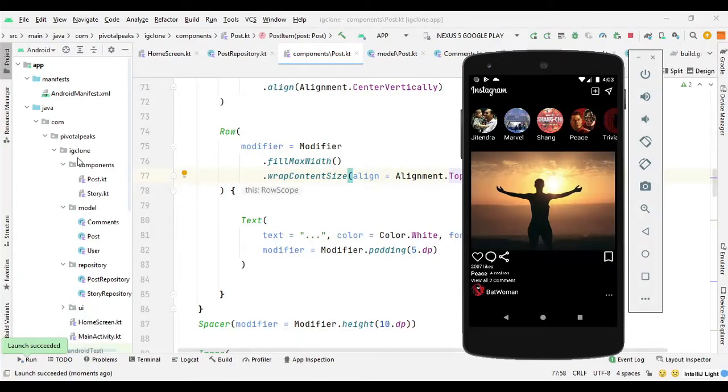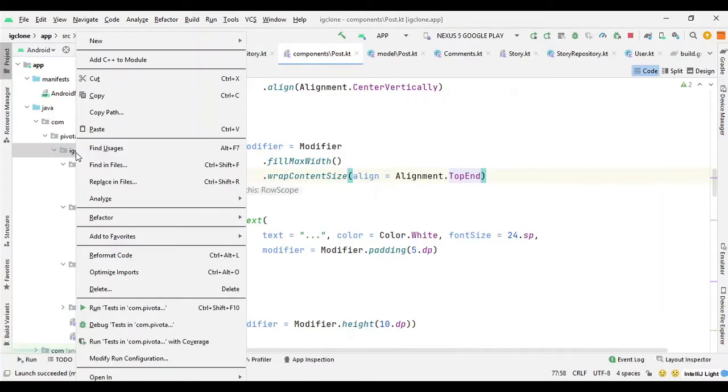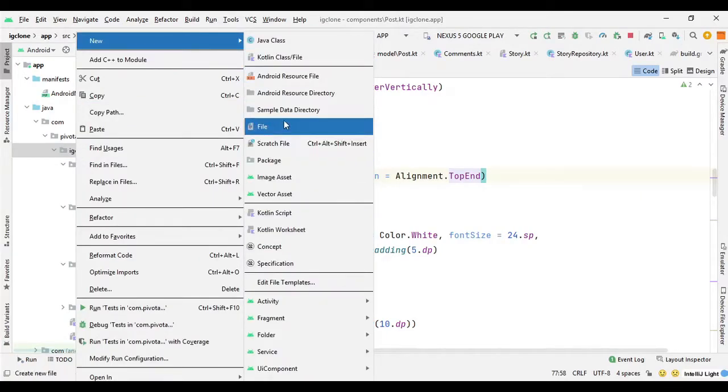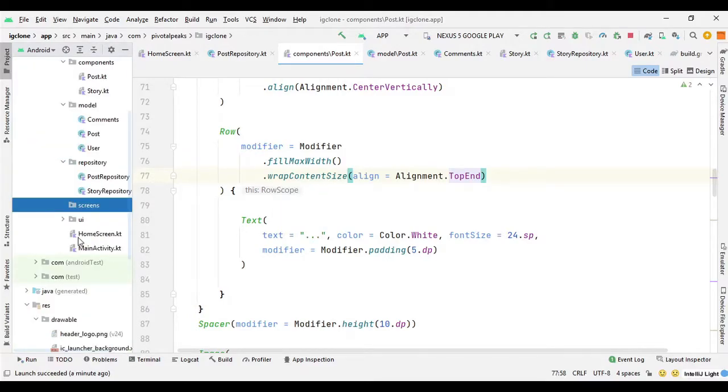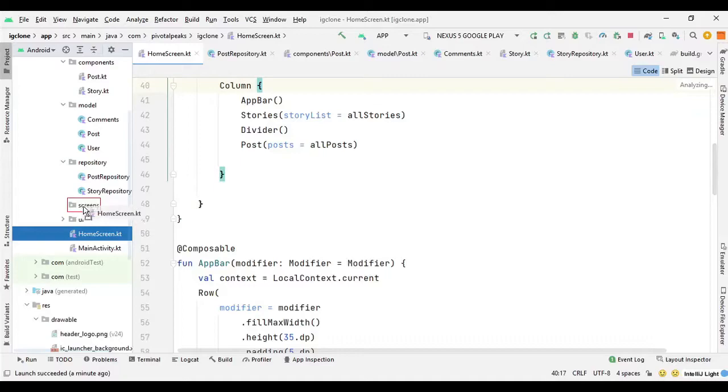So I'm going to create a package named screens, and then I will put this home screen into the screens folder.